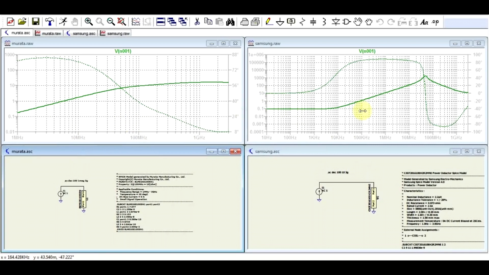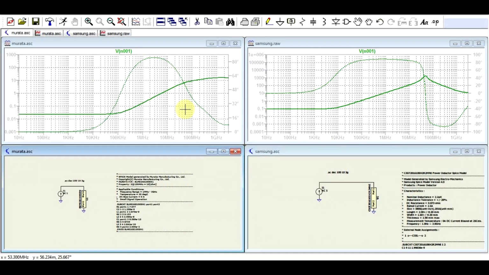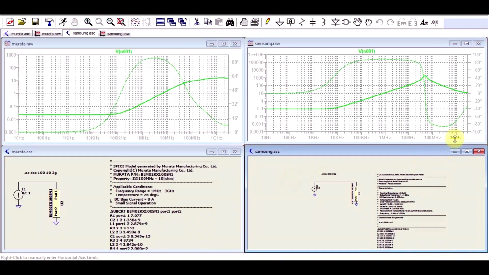And if we compare the two, so on the left side I've got my ferrite bead, on the right side I've got my power inductor, slightly different scales, let me just fix that. So what we can see now, if we compare the two components in roughly the same frequency range, is that we still have the part where the ferrite bead does nothing, but afterwards its response is no longer as sharp as the power inductor. So the thing to remember here is that these two components have completely different functions in